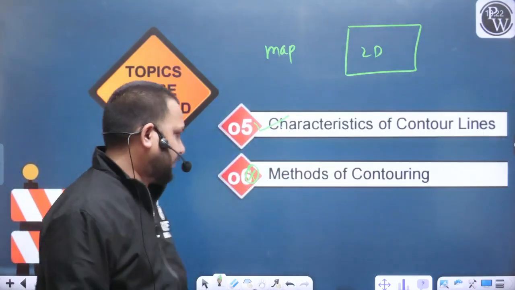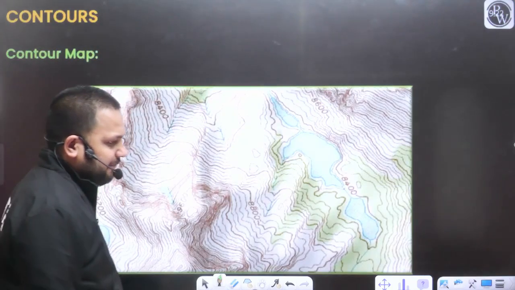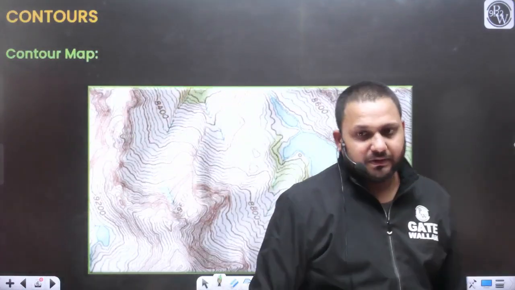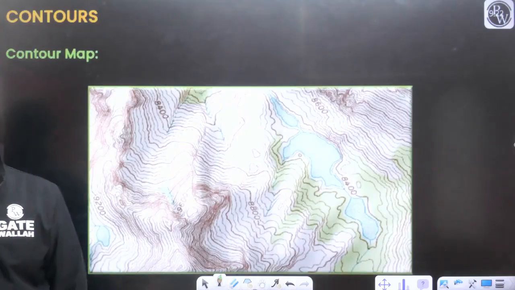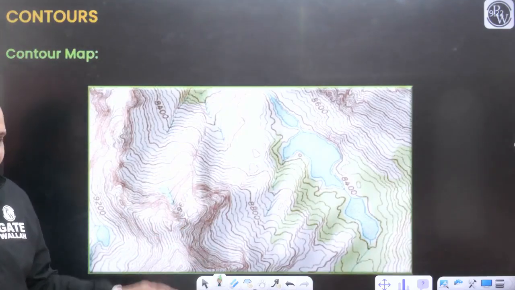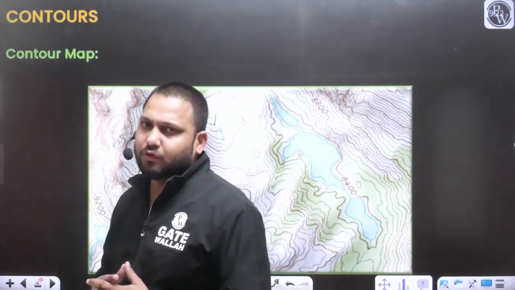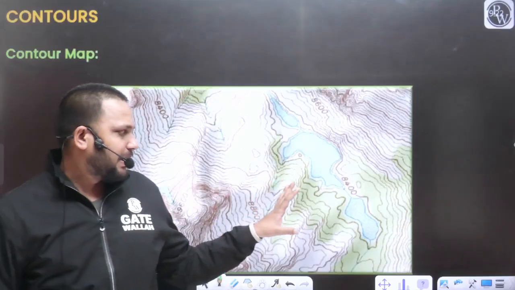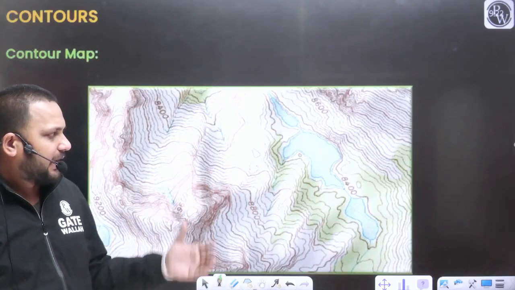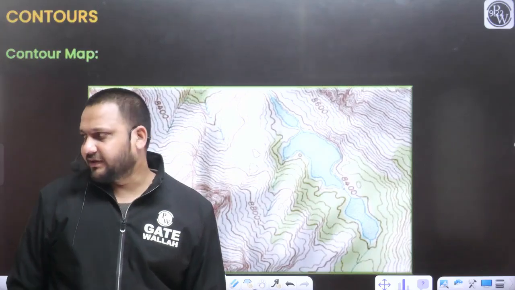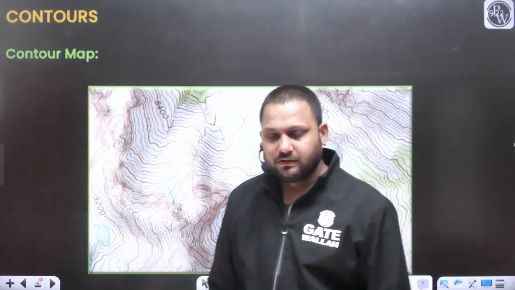So let's see. For example, this is the contour map that we have prepared on a paper. Just by observing this contour, are you getting any idea about the elevation? As of now, we have not discussed anything related to the contour, but in general I am saying this is the contour map. So you may ask, sir, how will we get the information about the elevation from this map? Yes or no? That you can ask.